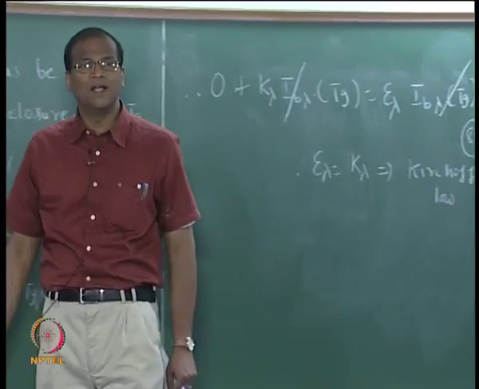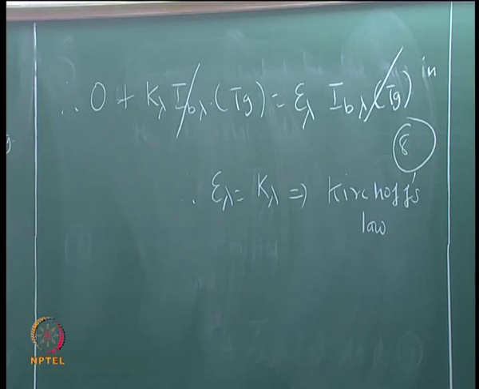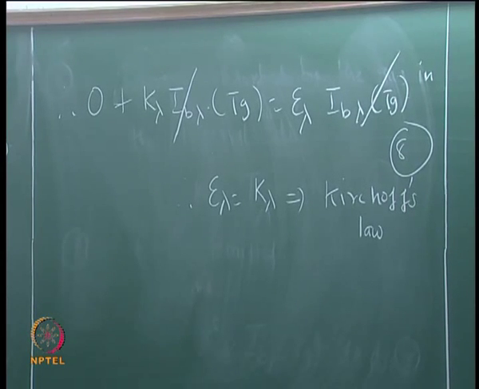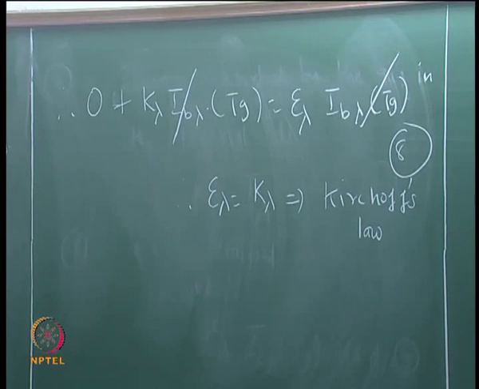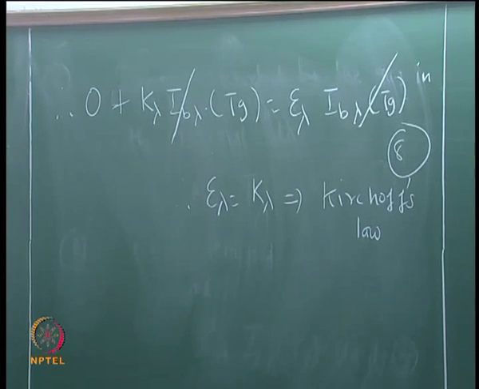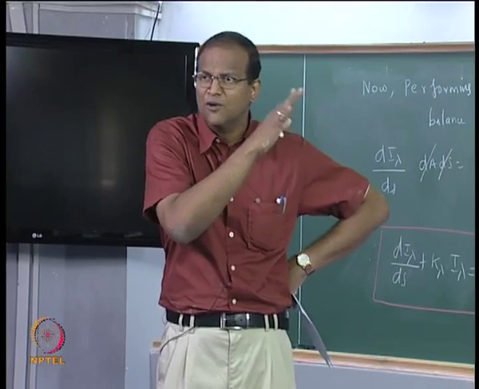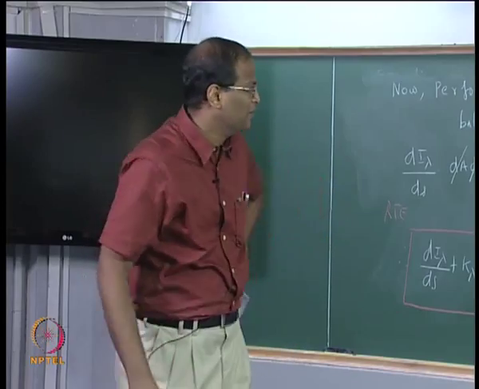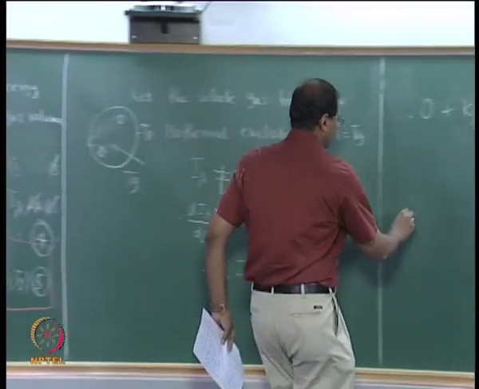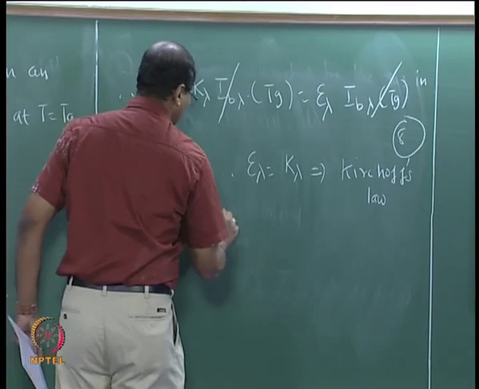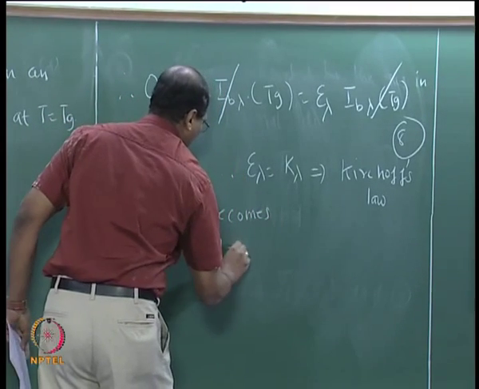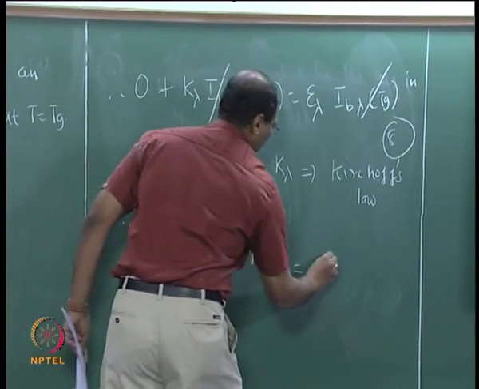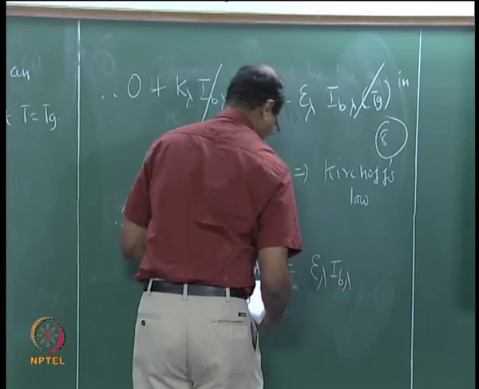We already know this, but I try to derive it from first principles because you may object, sir, previously epsilon and alpha were dimensionless, now they have units of meter minus 1, how do you prove it? Now somebody will ask, sir, if it is not an isothermal enclosure, will it be valid? I have used the isothermal enclosure concept only to get the relationship, it is universally applicable. You can make measurements and check it. Now therefore,